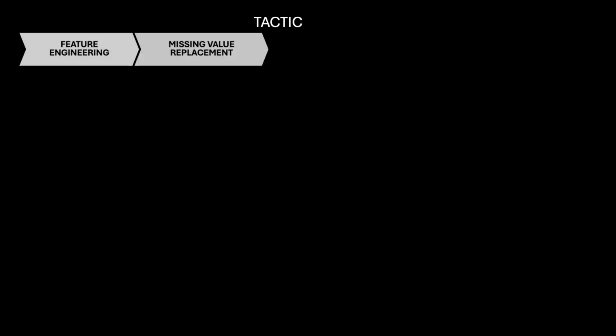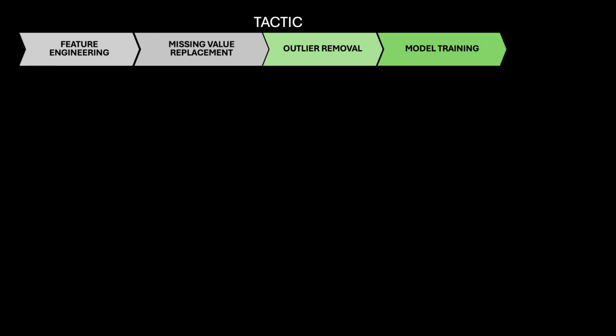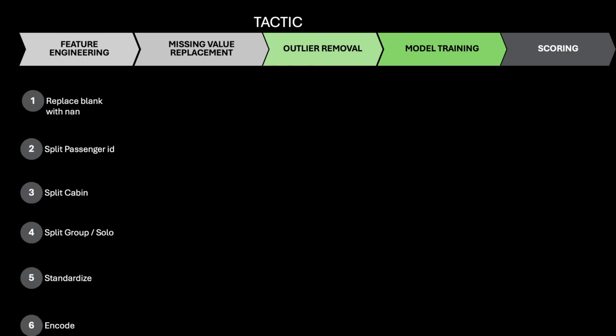Our tactic will start with feature engineering, then missing value replacement, followed by outlier removal. Then we can also train the model as well as score the test data. For feature engineering, we will start with replacing the blank with nan, which will help us better manage the missing